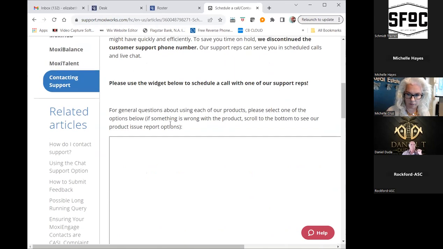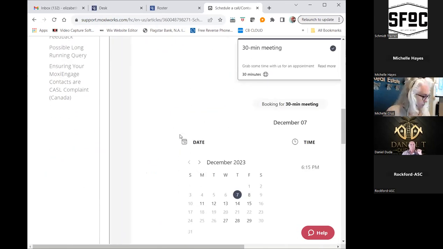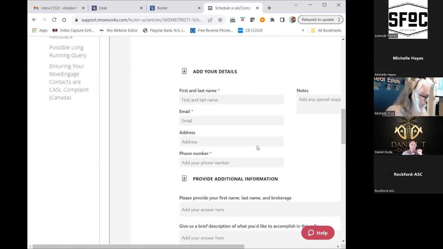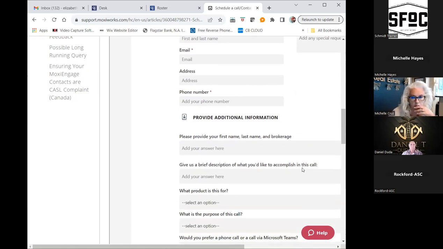And then it's as simple as grabbing the date and time that you actually want to initiate the phone call. So you select it on the calendar, and then you put a little bit about what it is for, so that way it can be specifically guided to somebody that specializes in websites if your issue is about websites. So that's where this navigation is going to help you.